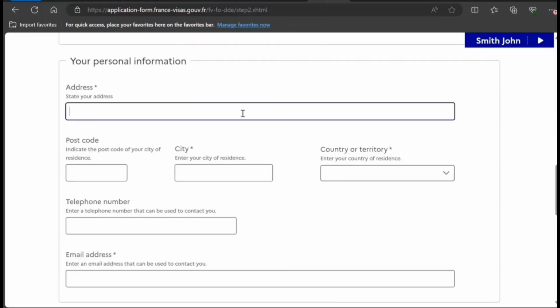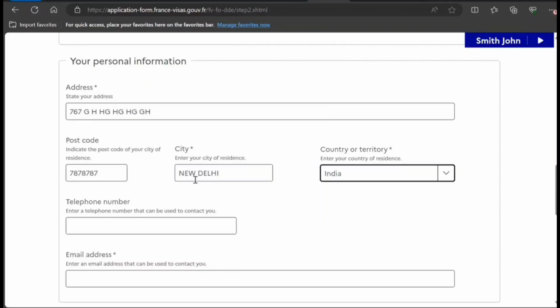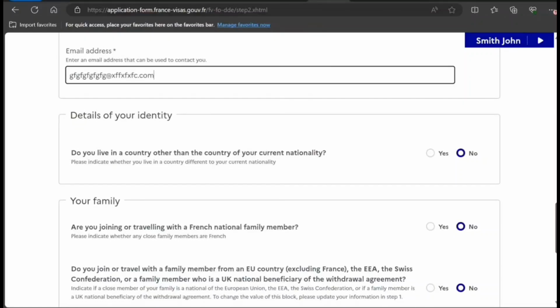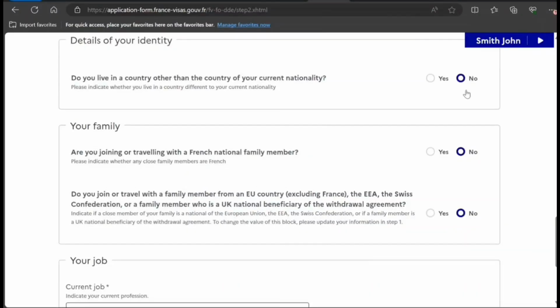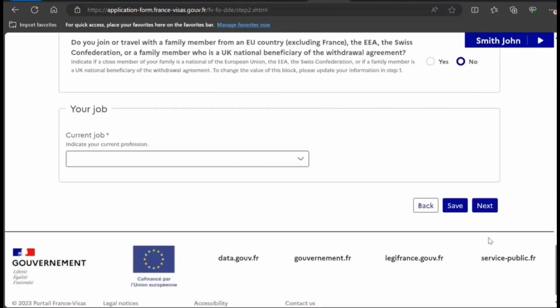Your personal information, address, make sure you give a correct and proper address. Don't do it like this. Postal code, city, country, telephone number, email address. Provide a proper email address, not like this because it's just a sample. Do you live in a country other than your current nationality? No, I selected. Are you joining or traveling with a French national? No. Do you travel with a family of an EU country? I select no. Your job,